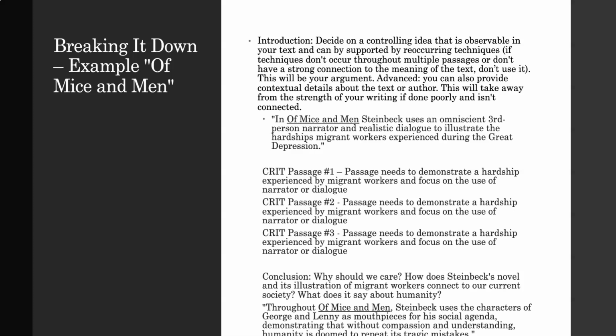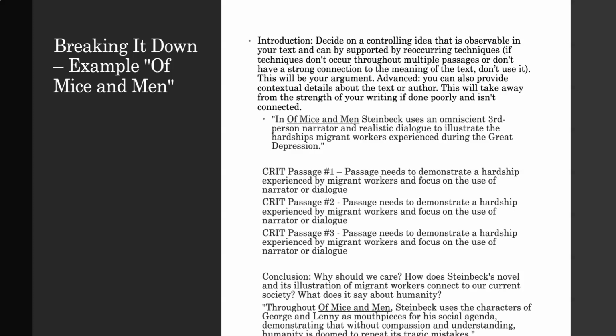We know that Steinbeck is taking this moment in history and telling a story about it. And the way that he tells that story is with third-person narrator and realistic dialogue. Realistic dialogue means that instead of trying to be super fancy formal and have dialogue as we might want it to be, like in a perfect world where nobody makes any grammar mistakes, Steinbeck makes it very colloquial, meaning that he writes as the characters would speak normally in life, and they're uneducated and they're lower class individuals, so the dialogue comes across as uneducated and lower class.